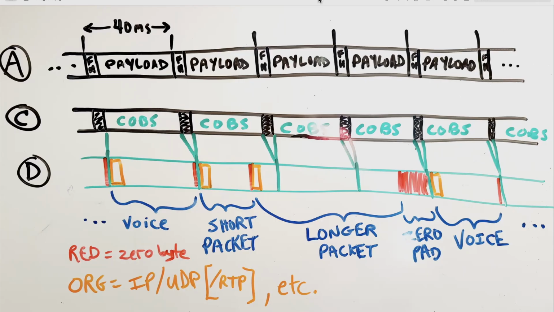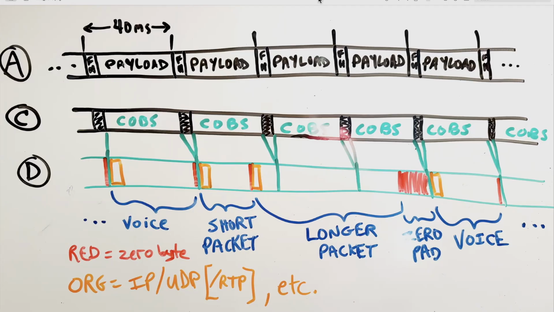And if some voice comes along, you probably want to prioritize the voice. That's what we've decided to do, is give the voice absolute priority over everything. And we've also chosen to wait until a frame boundary. So we put in some 0 padding, which just is the Cobb's way of saying no data is happening right now. And then at the next frame boundary, we start again with protocol overhead and the voice packet. And we can go on for as long as the speaker can stand it, or until some kind of timeout